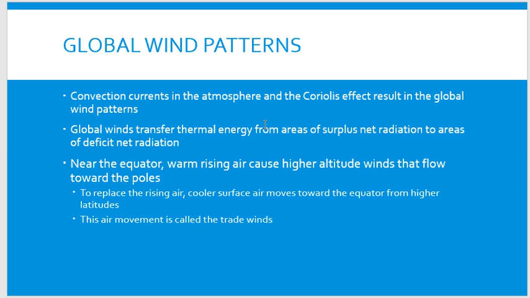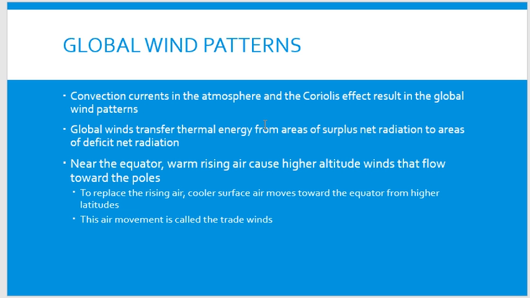Okay, another effect in the atmosphere is global wind patterns. Convection currents in the atmosphere and the Coriolis effect result in the global wind patterns. They transfer thermal energy from areas of surplus radiation, meaning loss of radiation, to areas with a deficit of radiation, meaning less. So near the equator, the warm rising air causes higher altitude winds that flow towards the poles,